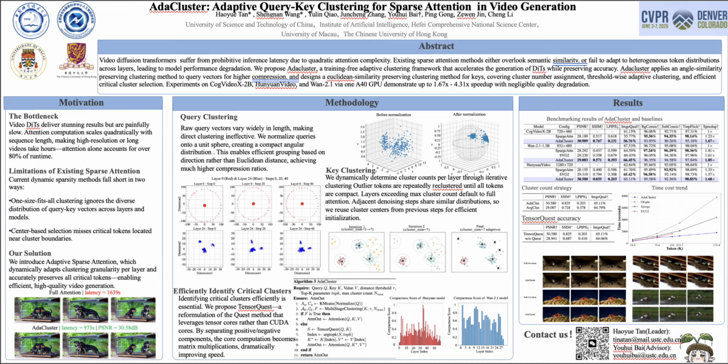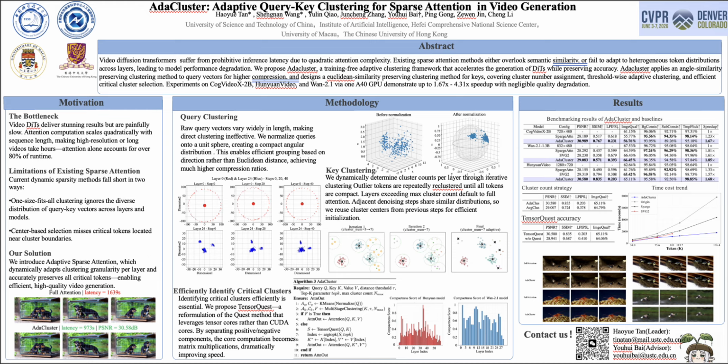Besides, current sparse attention methods still have two obvious drawbacks. First is the static clustering with a fixed pattern. It ignores the different feature distributions across transformer layers. Fixed clustering settings can't balance compression rate and video generation quality. Second is the selection bias from cluster centers. Traditional methods easily miss important semantic tokens near cluster boundaries, which causes visual problems such as blurry details and unstable frame changes in generated videos.